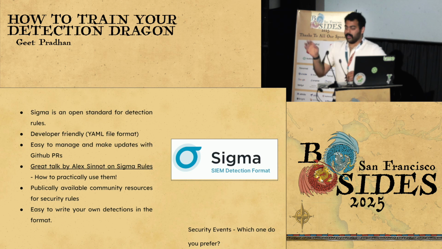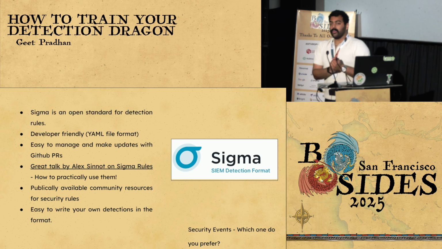Yeah, so Sigma is amazing, right? I can have a whole talk about Sigma, but there's a great talk by Alex Sinnott, who's a security engineer at Wise, who I think contributes to Sigma as well, on how to actually practically use them. I don't want to go into that right now, but if you've not checked it out, definitely check out Sigma rules. They're really adaptable. You can also tune them and write your own detections, right? So I prefer Sigma rules, and all the other ones that I said are also great to just get an understanding of what detection, visibility or security alerts I need to put in.